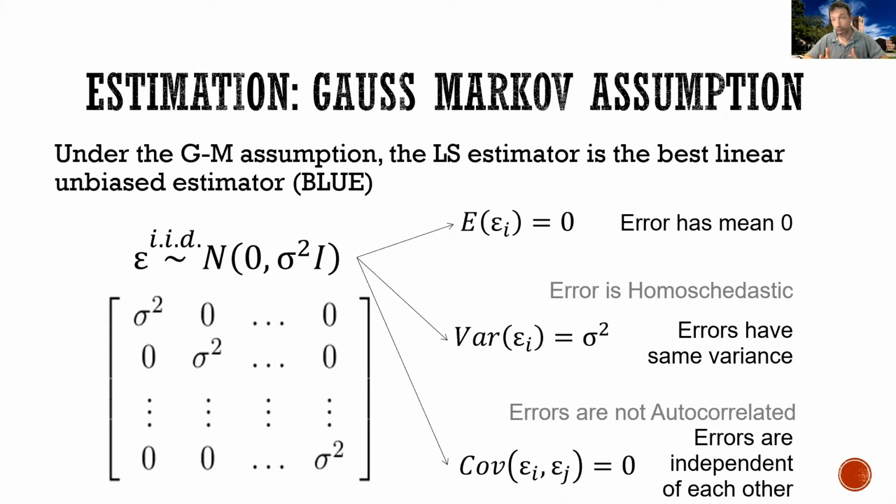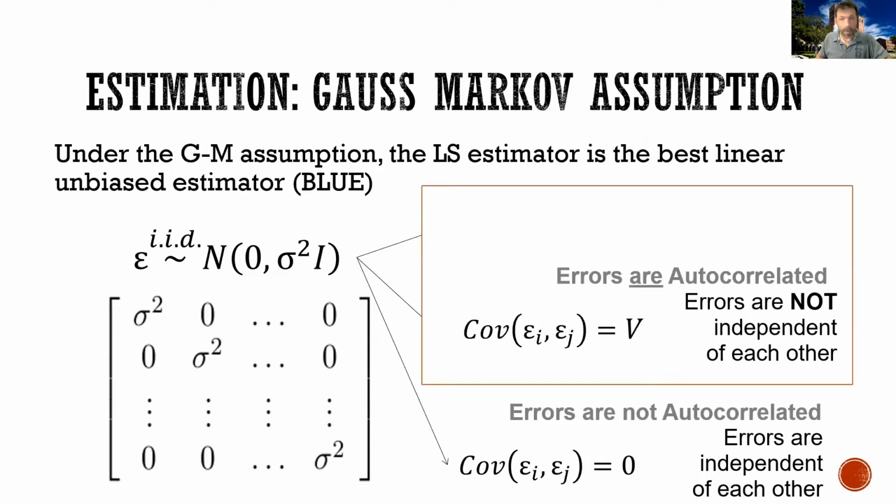Now back to the Gauss-Markov assumptions. I want to look particularly at the last one: the assumption that the errors at different time points are independent of each other. In other words, there's no autocorrelation. Now, it turns out that in fMRI data, errors actually are autocorrelated, meaning errors at different time points are not